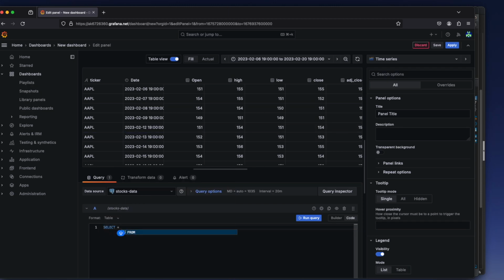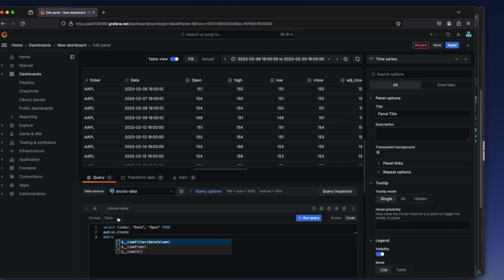Select ticker, date, and open from our table, which is called public.stocks, where,